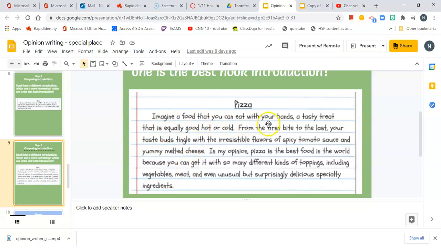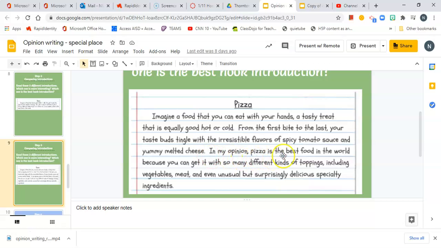Imagine a food that you can eat with your hands, a tasty treat that is equally good, hot or cold. So they added more details. From the first bite to the last, your taste buds tingle with the irresistible flavors of spicy tomato sauce and yummy melted cheese. Are you guys getting a better picture of what this pizza is like? I'm getting hungry.